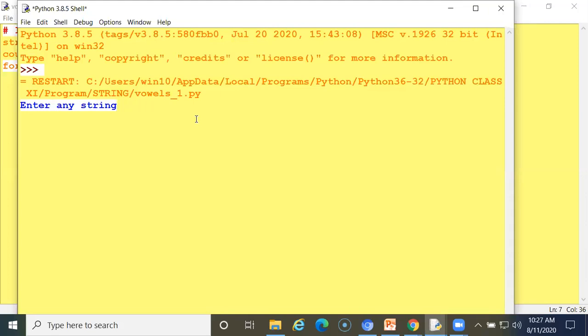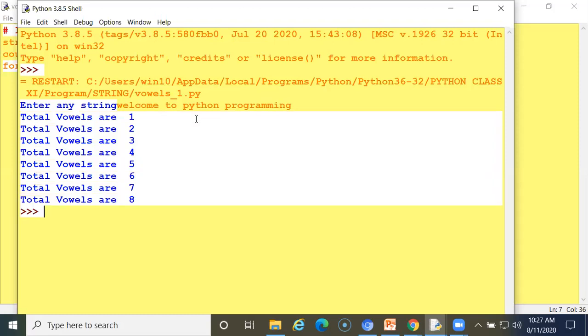So I have compared with small alphabets. So it might show an error, since I am using small characters. This line I am inputting.